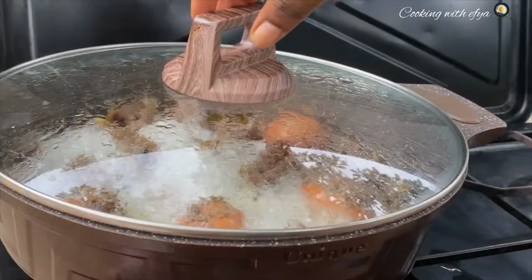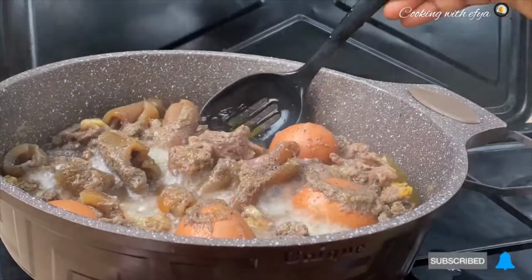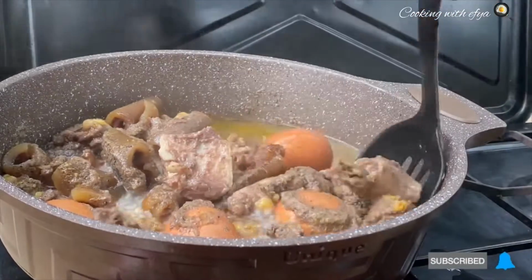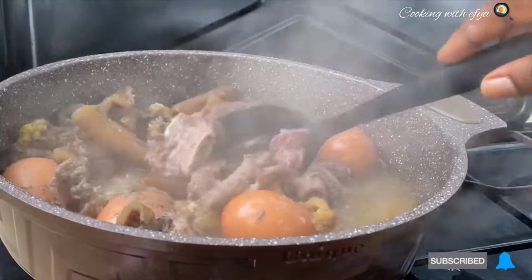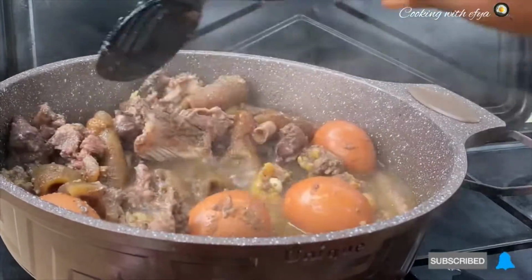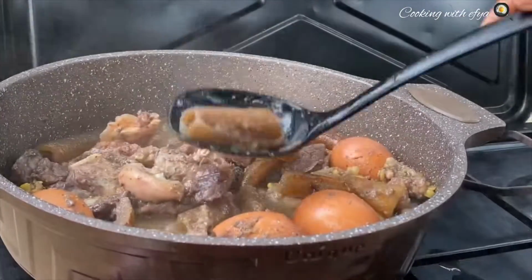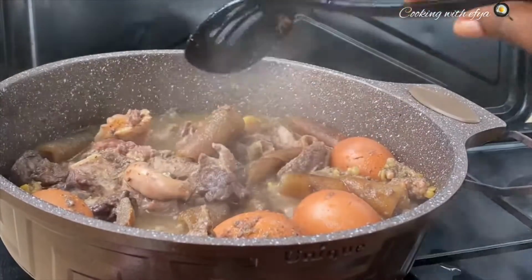Okay, you can also allow your meat to cook in its own juices if that is what you want, but since my proteins are really hard, I really don't want to waste time, so going in with water is the best option. Okay, I'll mix everything after 10 to 15 minutes of cooking it, and it's still not ready, so